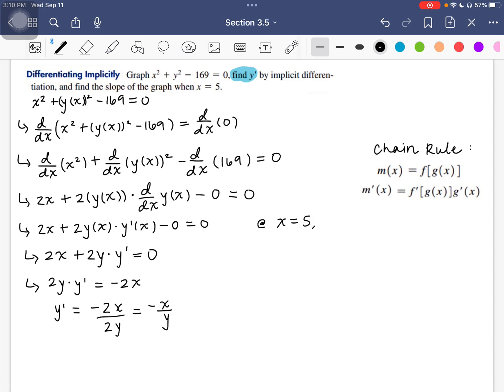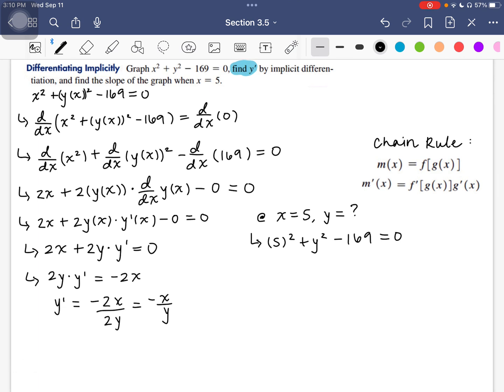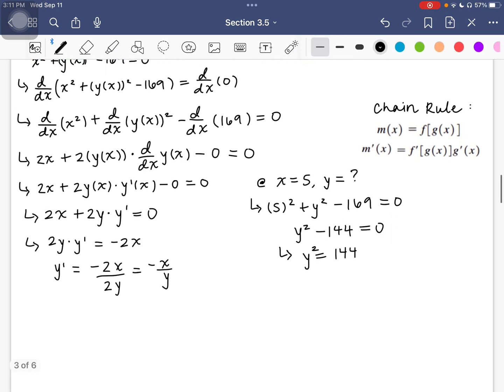So at x is equal to 5, what we want to do is find what y is equal to. And so we'll do that by plugging 5 into our original equation. So we'll do 5 squared plus y squared minus 169. That's going to be equal to 0. Then we have 5 squared, which is 25, minus 169. So we get minus 144 here. It's going to be equal to 0. Then we get that y squared is equal to positive 144 by adding 144 on both sides. So then this tells us y is going to be the square root of 144,